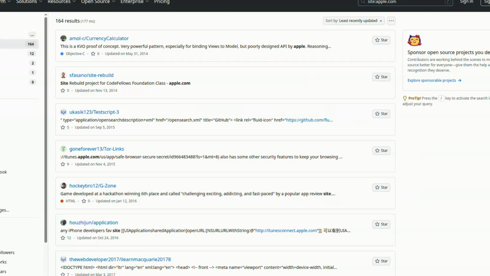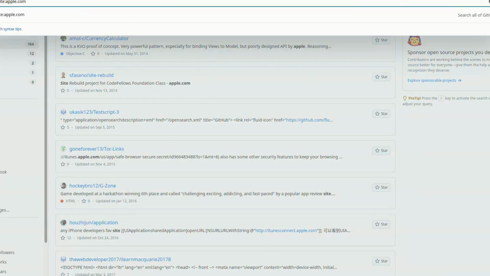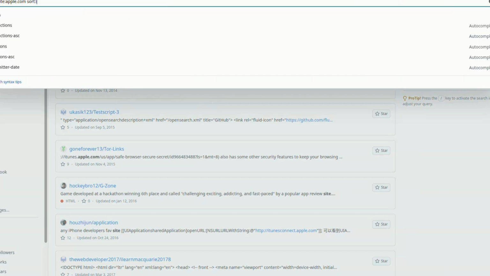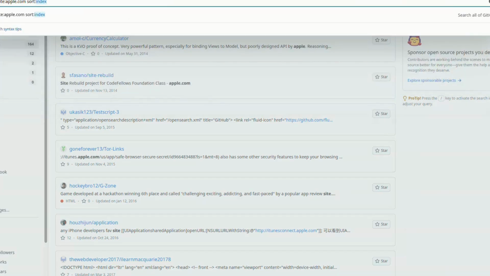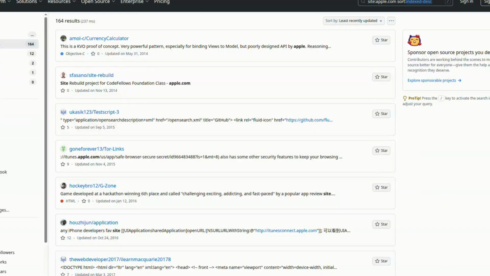So use the GitHub search filter, sort indexed, like this.